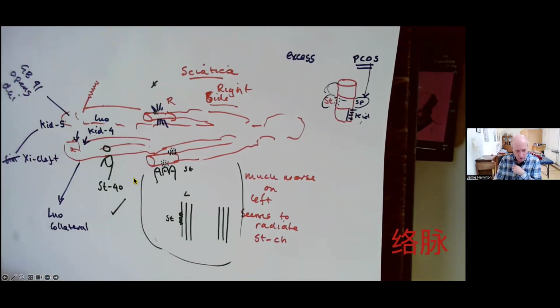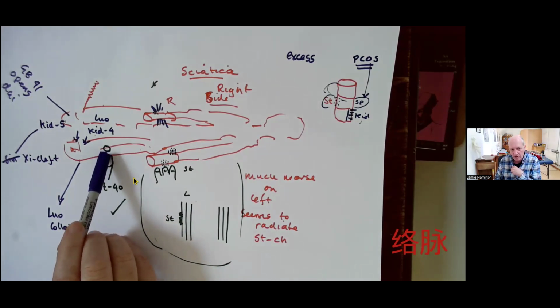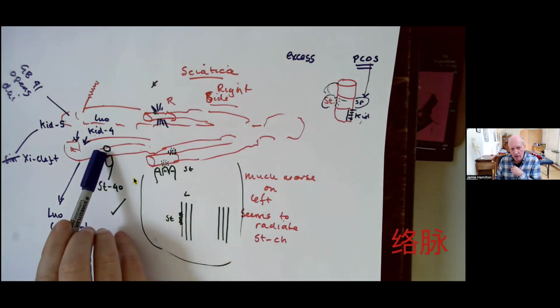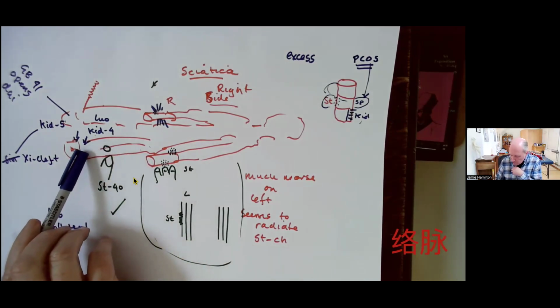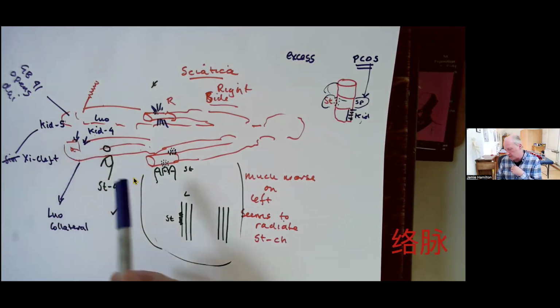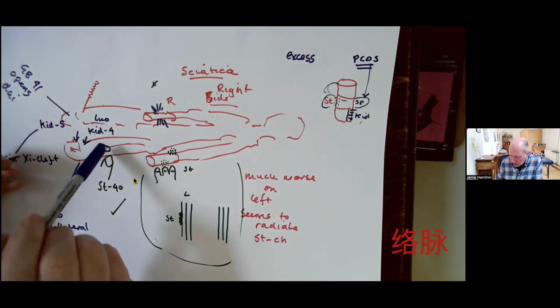But this example I showed you a minute ago is a good example because with this person, when I did needling of stomach 40, it made a big difference to the case. So stomach 40 was a perfect point for their sciatica. So it showed exactly which channel point. So in other words, it's not just the knowledge. Like she said, she had feelings on the top of her leg, but she wasn't sure. But this is a bit like nailing it.